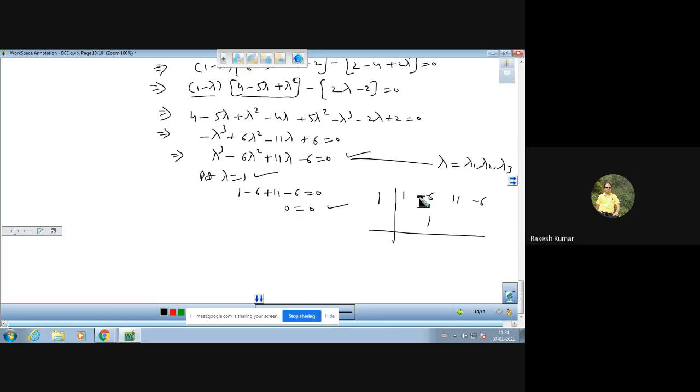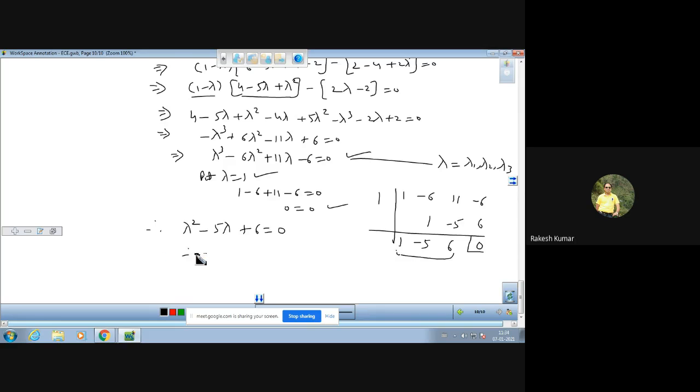And what is the resultant? -6 plus 1 is -5, इसका रिजल्टेंट 1 ही है। अब 1 into 5 is -5, so 11 minus 5 is 6, 1 into 5 into 6 is 6. Now its resultant is 0, वो करेगा ही करेगा क्योंकि वो उसका रूट है, it will give you 0. So the remaining roots will be given by this factor, so this is lambda square minus 5 lambda plus 6 is equal to 0, ये जो कोफिशिएंट है।